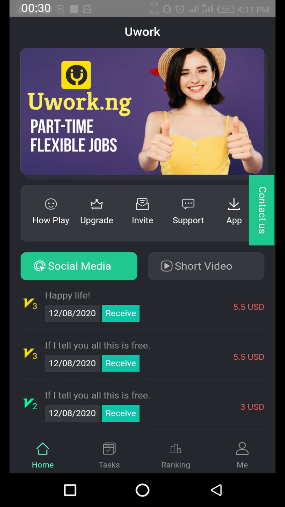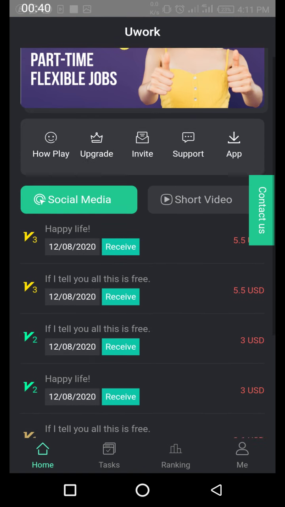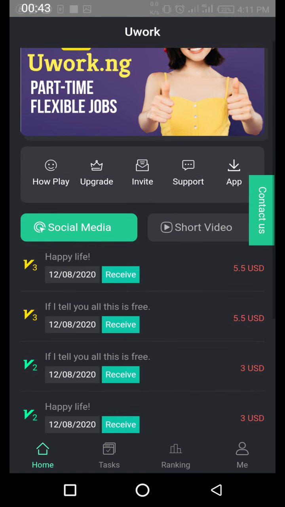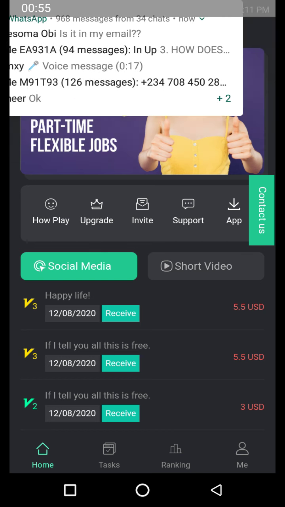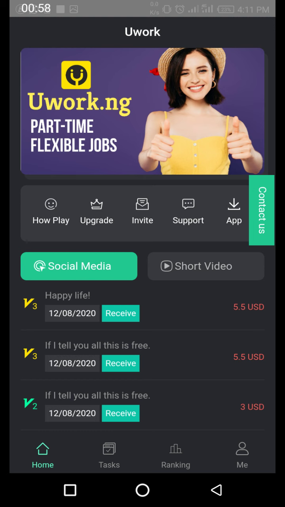They also pay for their rebate system, which is their referral program. The way InSme pays is almost the same way they pay on their referral program. One good thing about this network is that if you are not an upgraded member, you can withdraw any earnings as far as you have up to $3, that's the minimum withdrawal. So once you have up to $3, you can withdraw it.